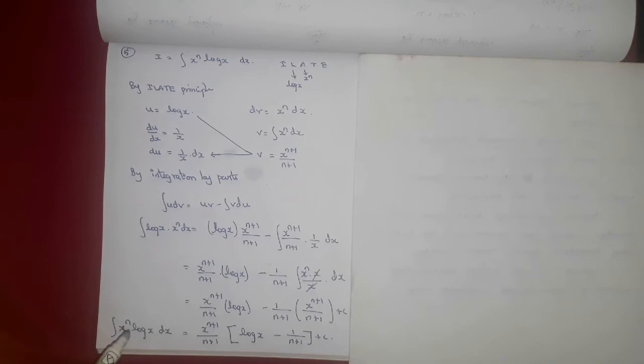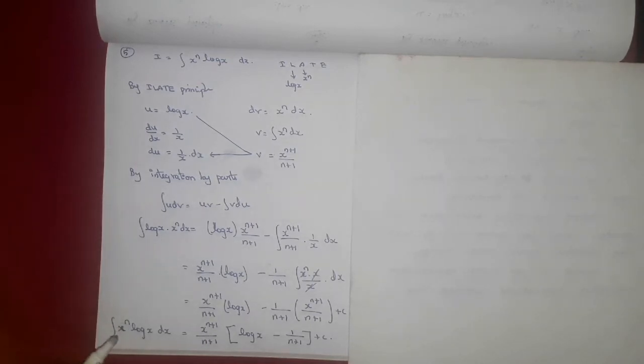So based on this particular sum, it is a very important sum. Sometimes objectives can be asked. If this power is 2, then you can apply this n as 2 to get the general answer without even solving, right? For example, if it is 2, then what can be the answer? X power 2 plus 1, 3 by 3. Here log x minus 1 by 3.